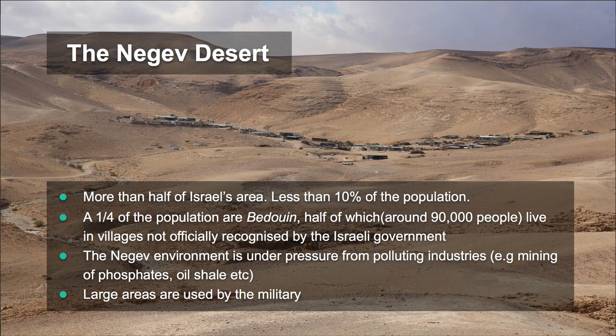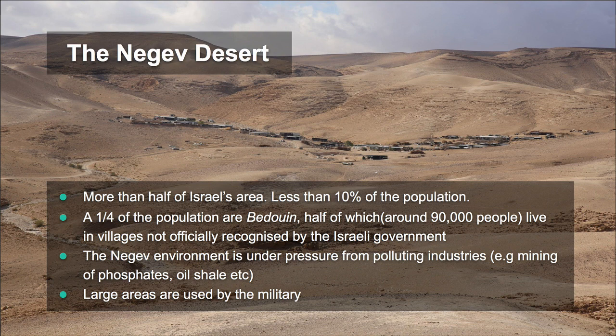So a few words about the Negev Desert. It's an area that takes half of Israel's area. So it's a large part of Israel, and only 10% of the population of Israel are living in the Negev. Out of this population, a quarter are the Bedouin population. Half of this population, which is around 90,000, live in villages which are not officially recognized by the Israeli government. Here in the image, you see a settlement like that, or village of the Bedouins in the area near Arad